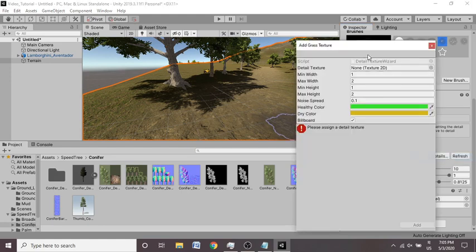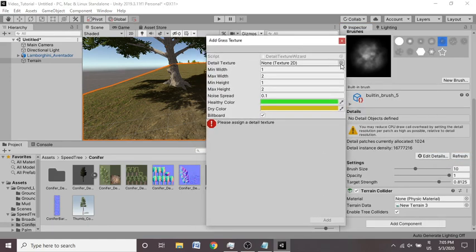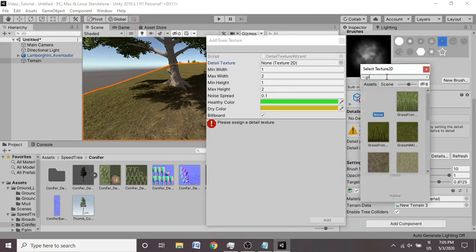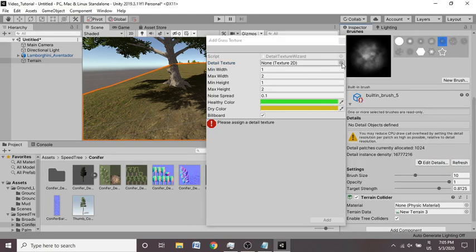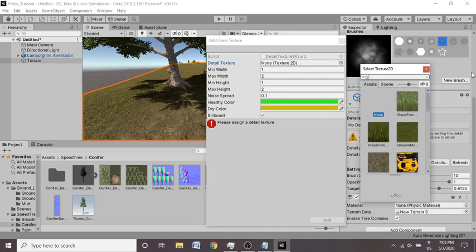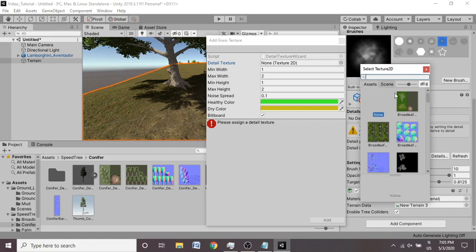For grass texture, it's just a PNG of grass, something like this. If you search grass, because it would be included in the standard asset package, this is the grass which has the background cleared up. So I'm just gonna select that texture. I don't know, grass, yeah, this texture. What is happening?